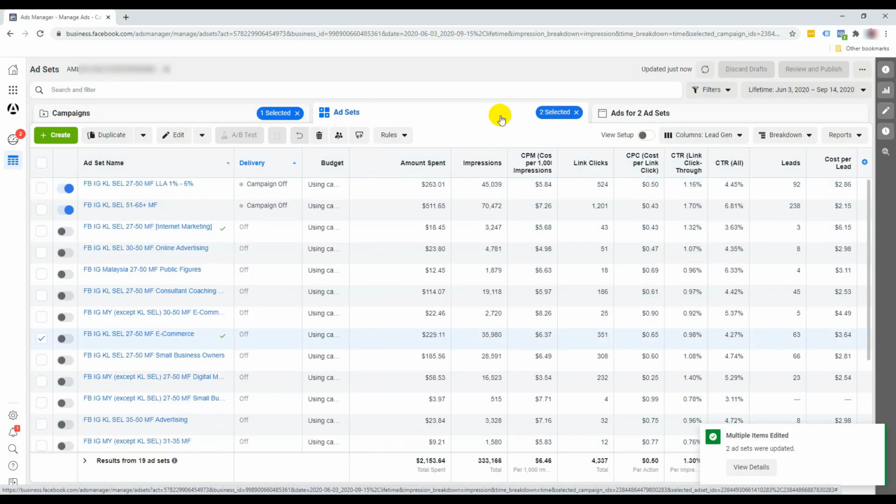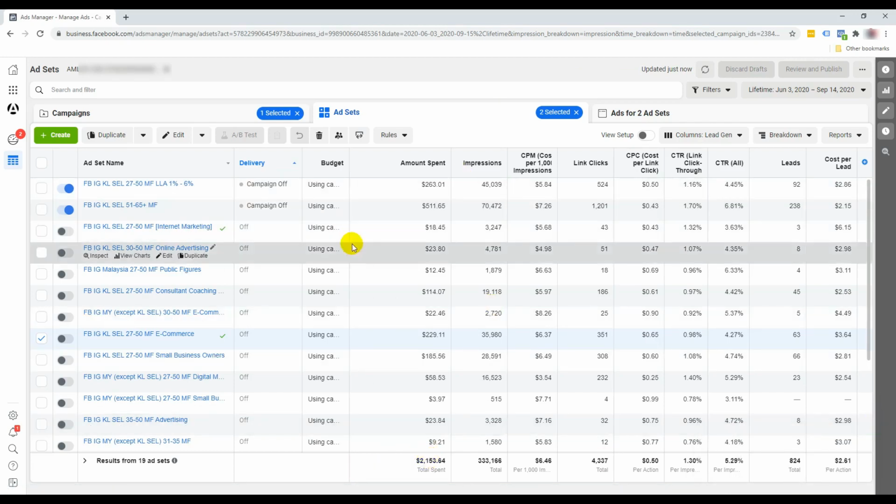Bear in mind that what you're seeing here right now is a campaign that has run for quite some time. We spent about $2,000 over here. And again, whether you want to spend this much or not is totally up to you. Everyone's got their own preferences. But what I want to do right now, I'm using this as an example where I'm going to start running